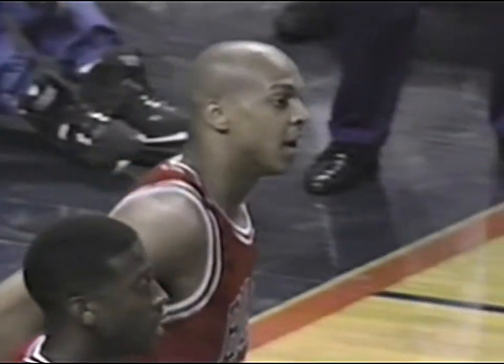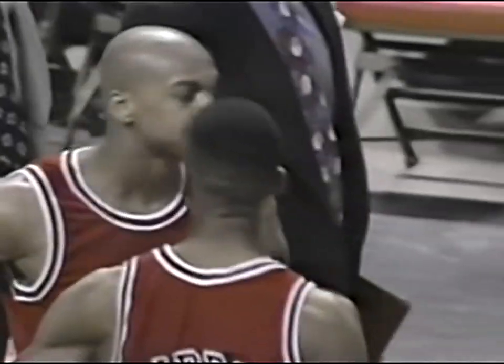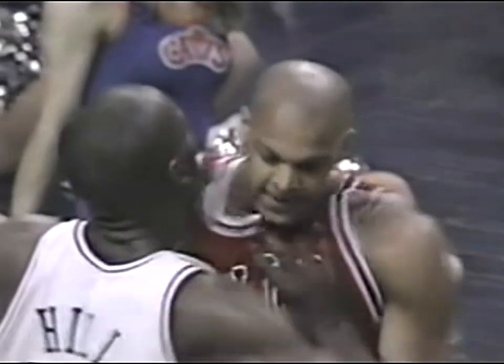You know, Tank is boiling inside. But he did the smart thing. He walked away. Scott gave him a hard foul, and then Hill came right at him and delivered a shot to the chest. They went up for the ball, and they bodied each other. It looked like he was going to reach down to sort of pick him up, but